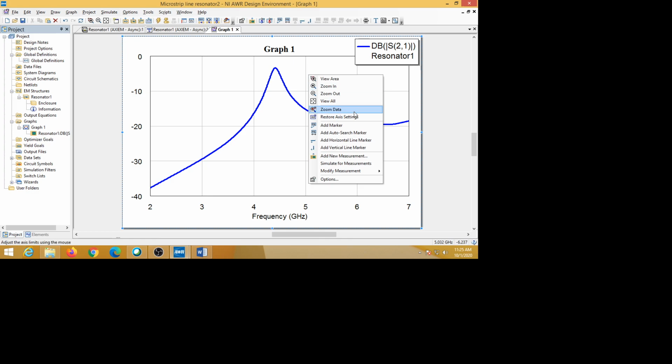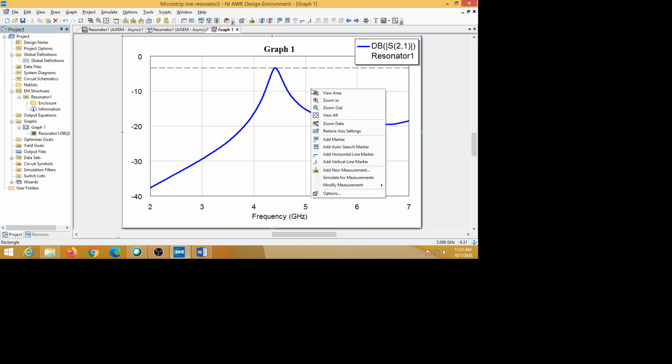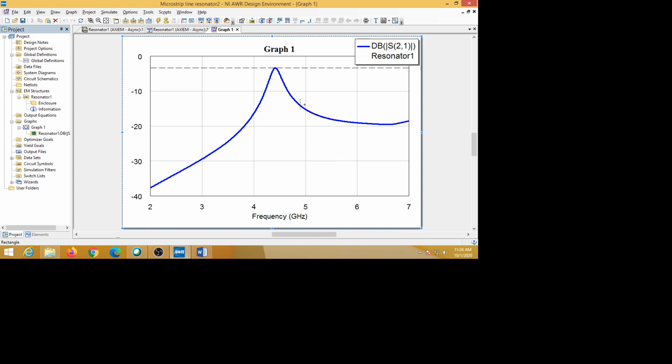You can put a horizontal measuring mark, a horizontal line, like this. You can see this value is minus 3.375 dB. So this height whatever you get here, you can add a vertical marker here, a vertical line, like this.